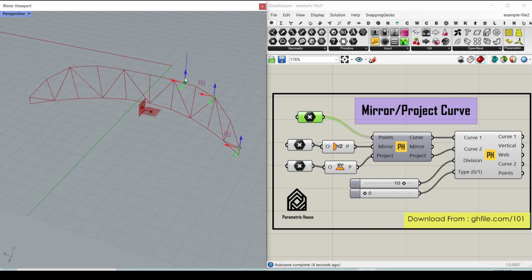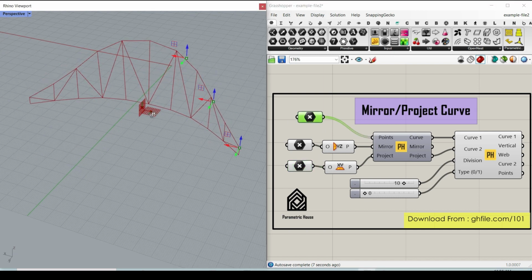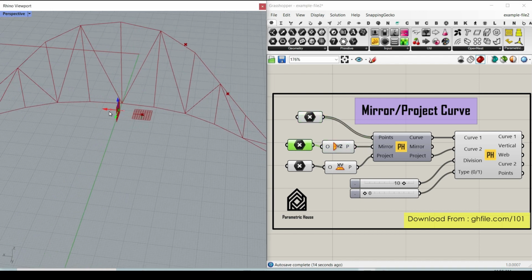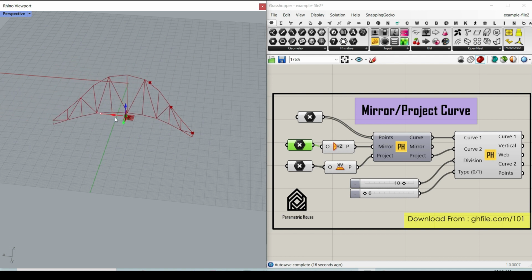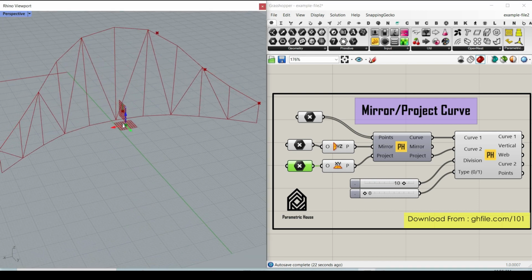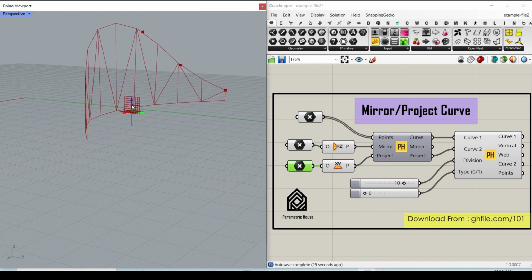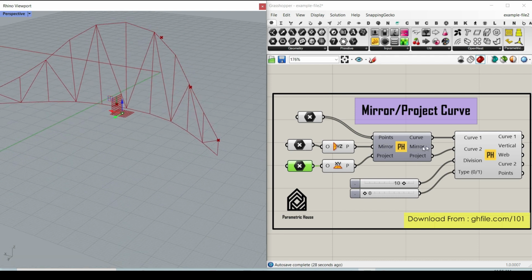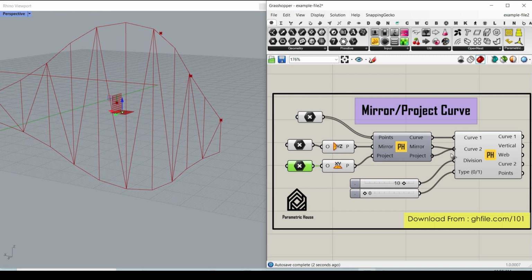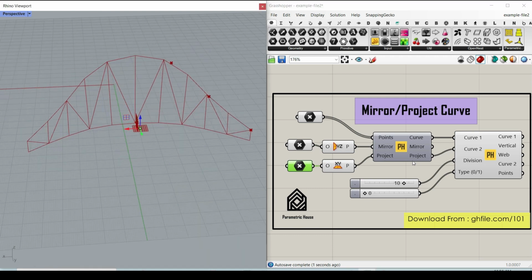As you can see here, I can design another truss here by changing the YZ plane as the mirror plane, and also the XY plane, which is the projection plane. Again, we can use the mirror curve also here to make a mirror curve or the projection. So this script is also going to help you to have more control on designing the curves for the parametric